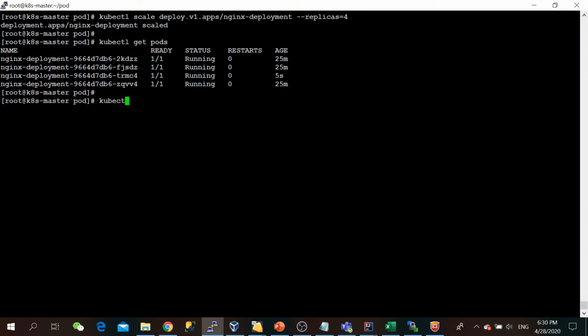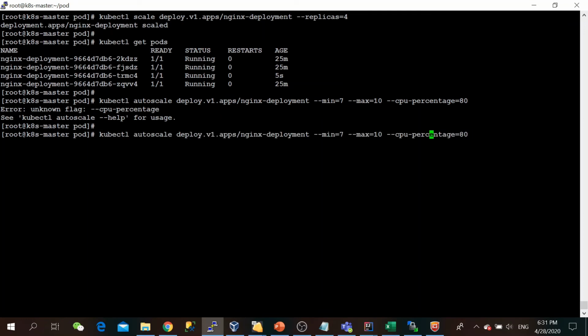So the command is kubectl autoscale, and we will give again the deploy dot apps and nginx-deployment with --min value equal to 7, let's suppose that, and max we are giving here 10, --max, and we will give --cpu-percent equal 80.